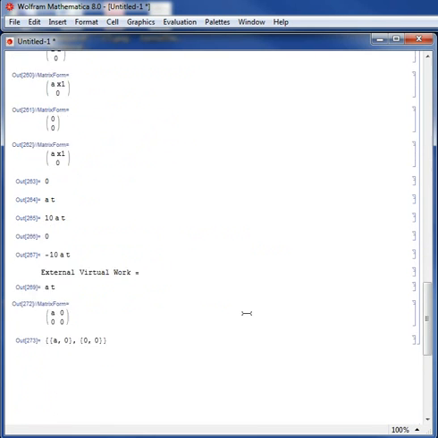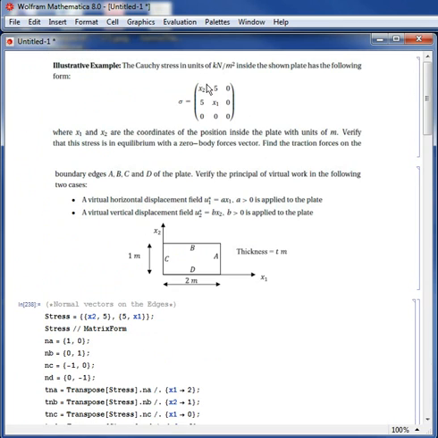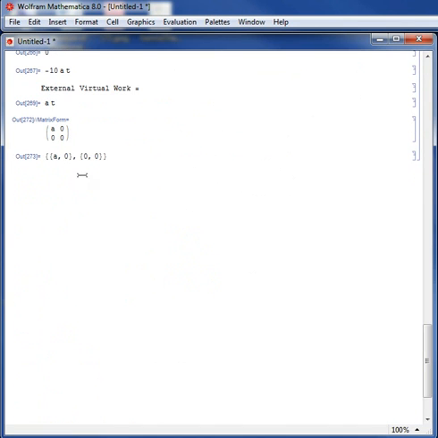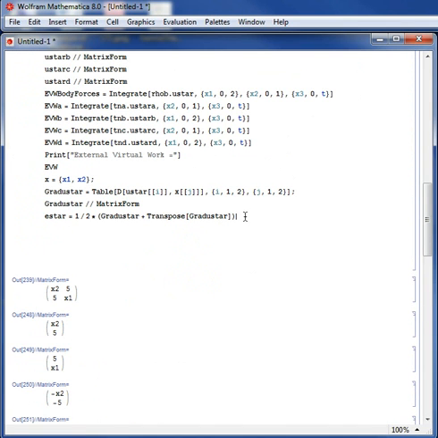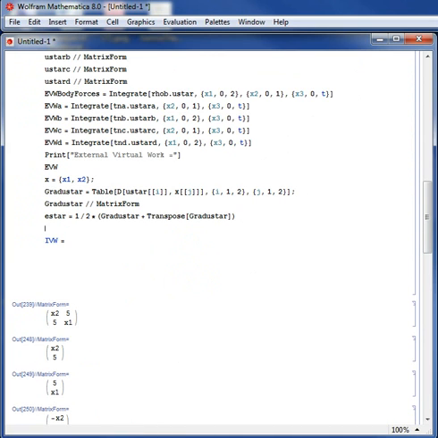Now, the only non-zero strain component is A, and so I'm going to integrate sigma 11, which is x2, multiplied by epsilon 11 star, which is A. So I'm going to take the internal virtual work, let's just print it, internal virtual work